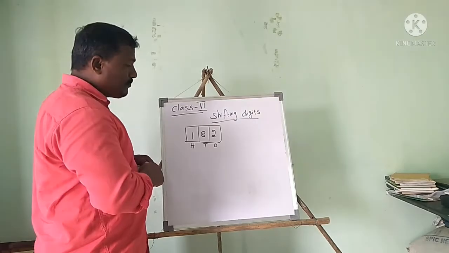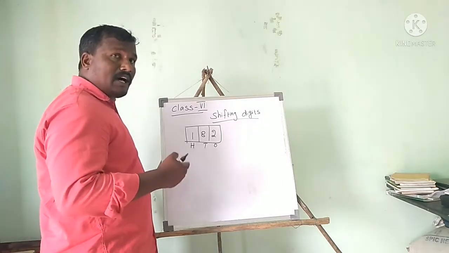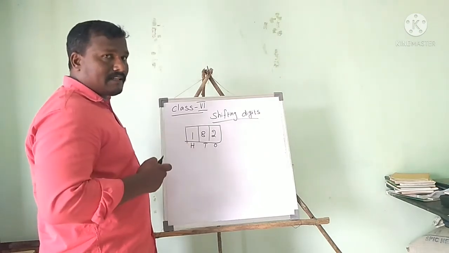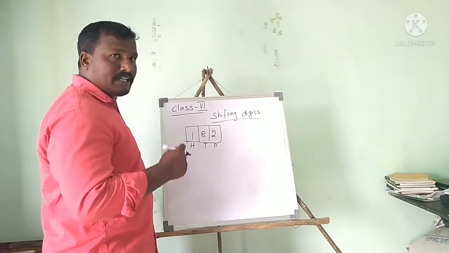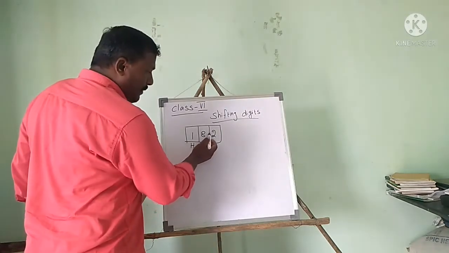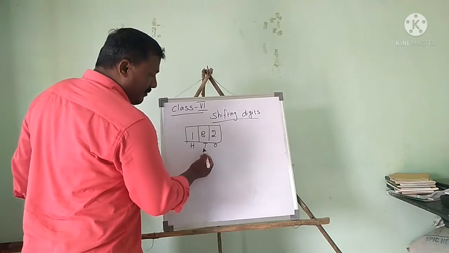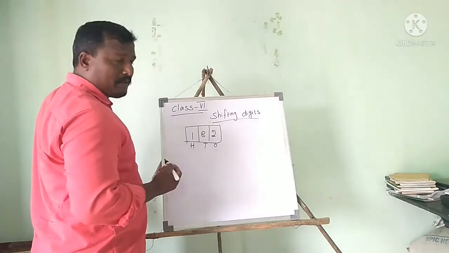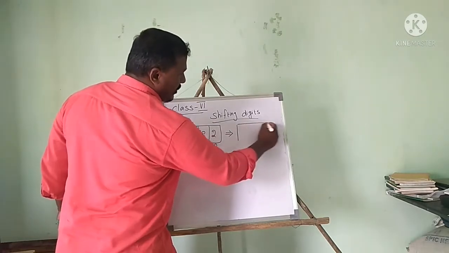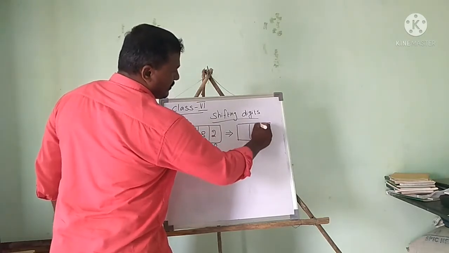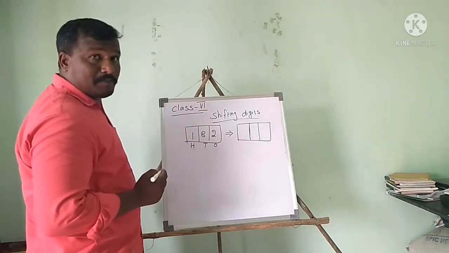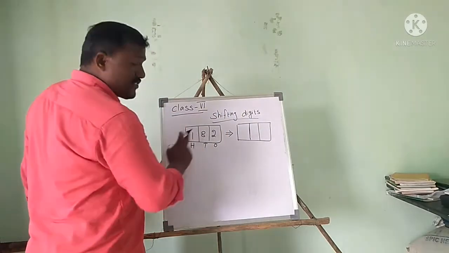Now what I will do, I want to create the largest number. Largest number means, you know very well, you have to write in descending order, bigger to smaller. So I will change the place value of 8 from the tens place to the hundreds place. So I will make the box 3 digits. 8 is in the tens place, you know very well. What is the place value of 8?